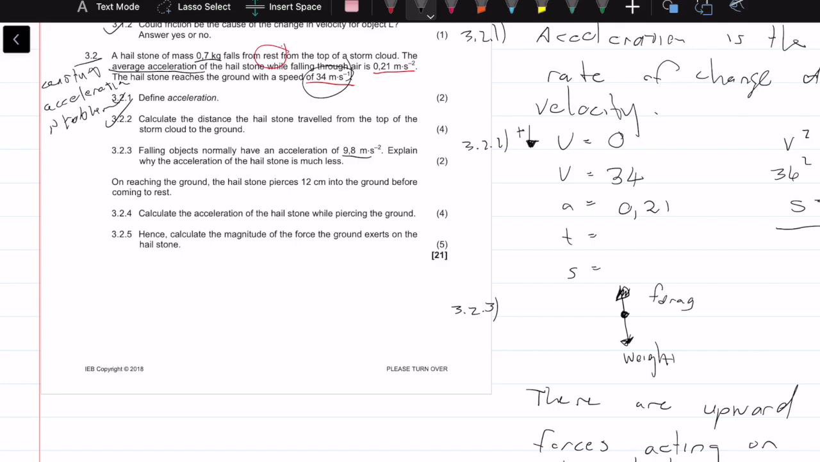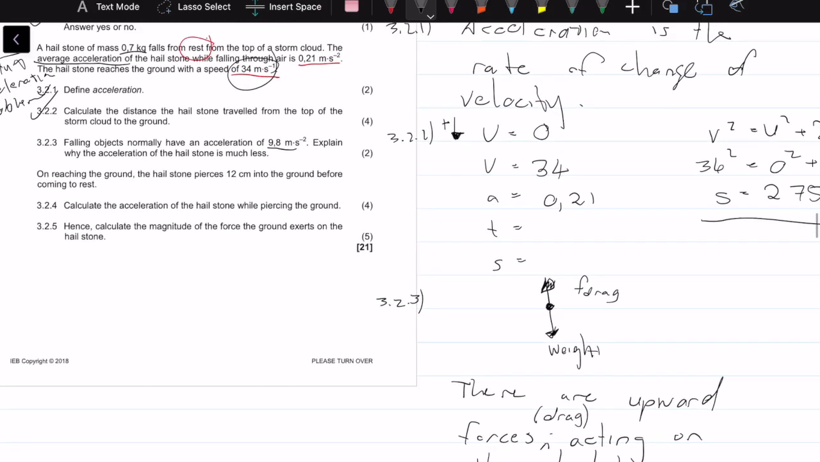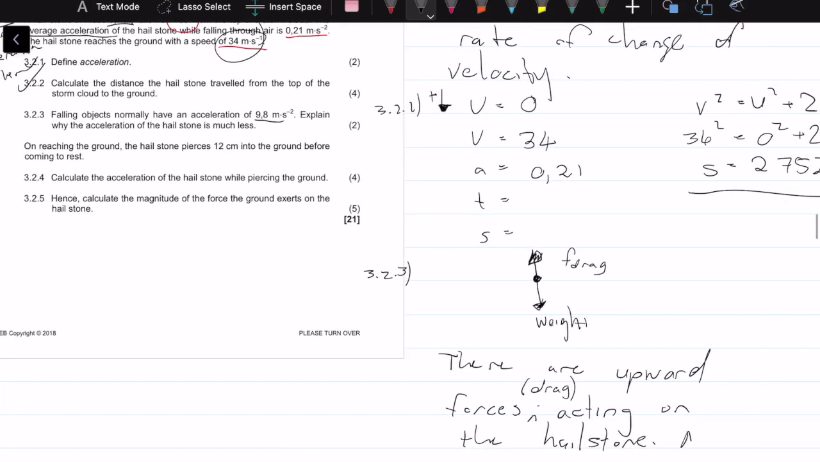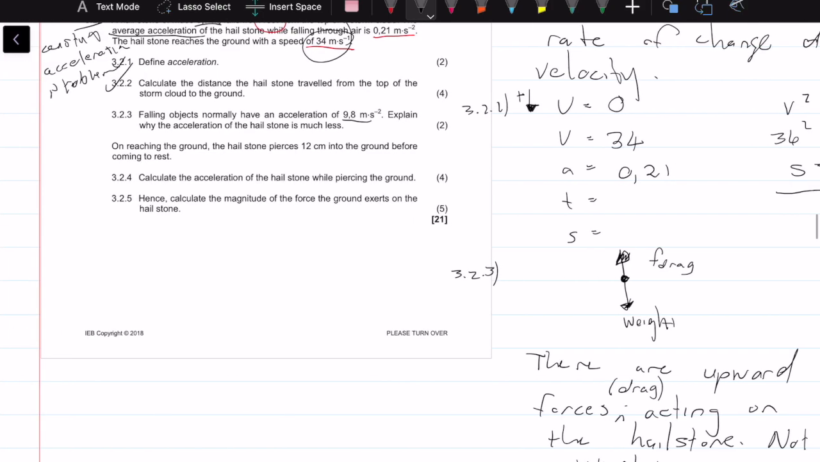So we can say upwards forces, let's put in there drag, or air resistance, or friction, or something like that, acting, not only weight. Okay, and that would be your reason, and we'd get ourselves 2 marks there. Okay, cool stuff. Okay, so let's move on to question